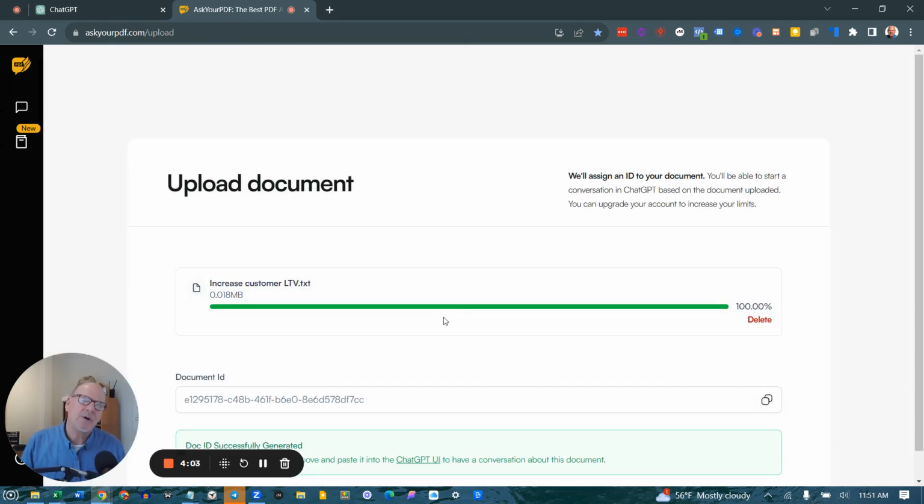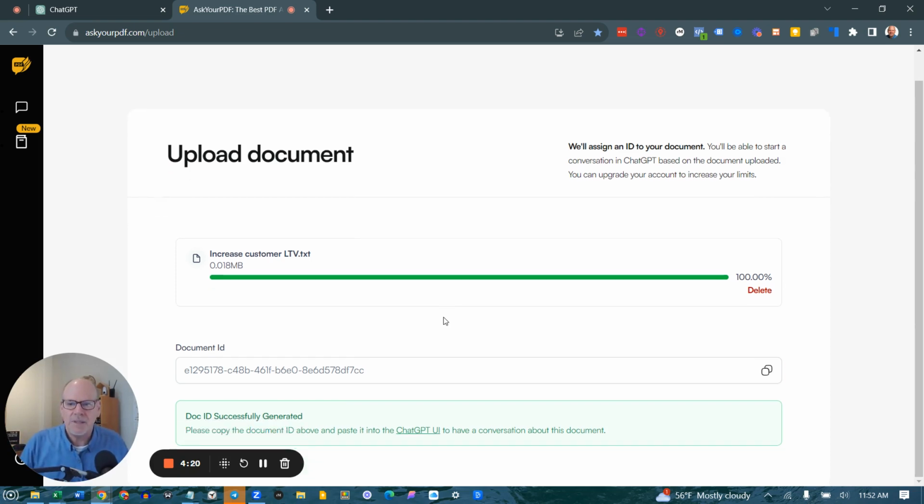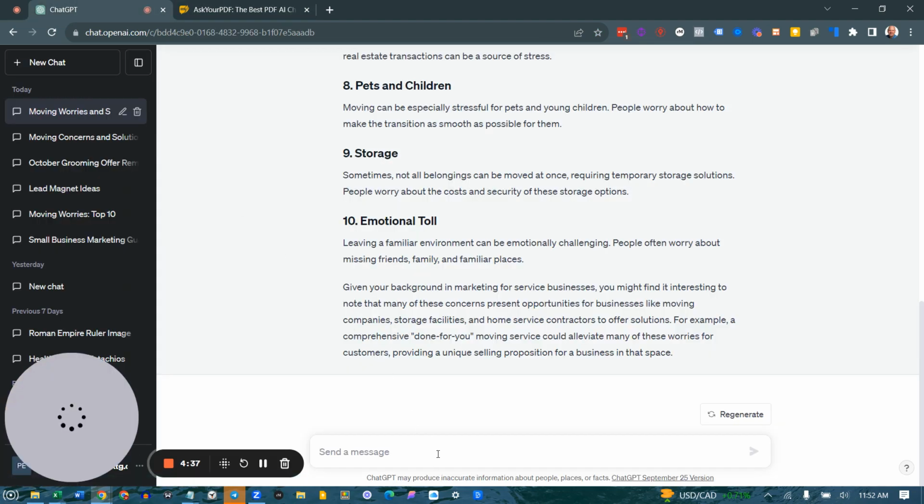So now what happened was this Ask Your PDF created a link that now we can use in ChatGPT. So normally this transcript would be too long for ChatGPT to use. So we've used Ask Your PDF to create basically a document that now ChatGPT can use. So you copy the document ID, you just click here. So it's been copied. And now I go over to ChatGPT and I just type in a prompt